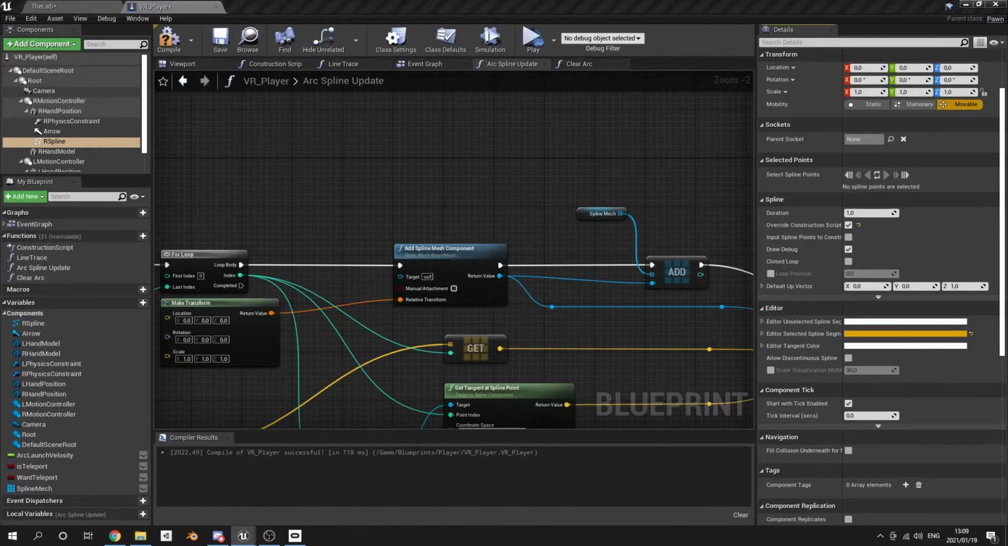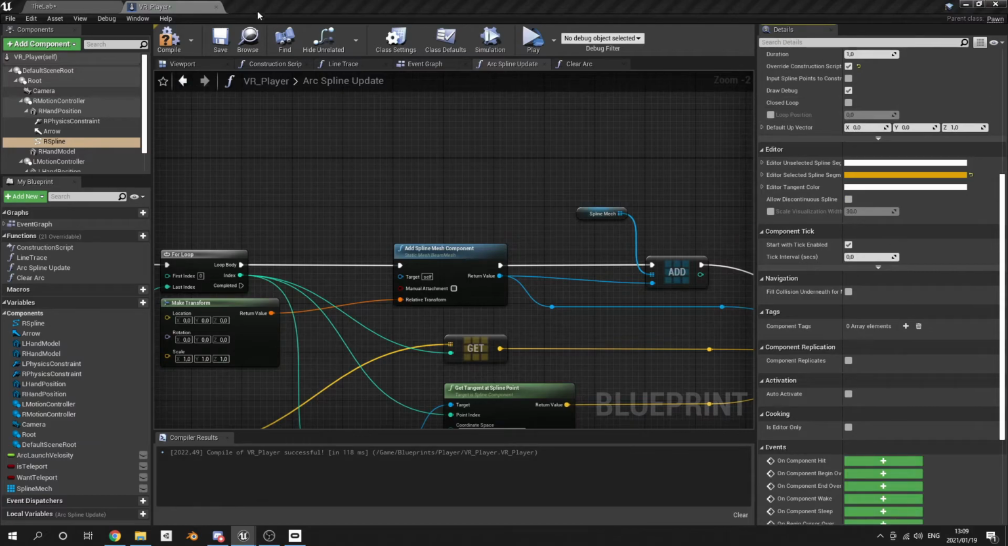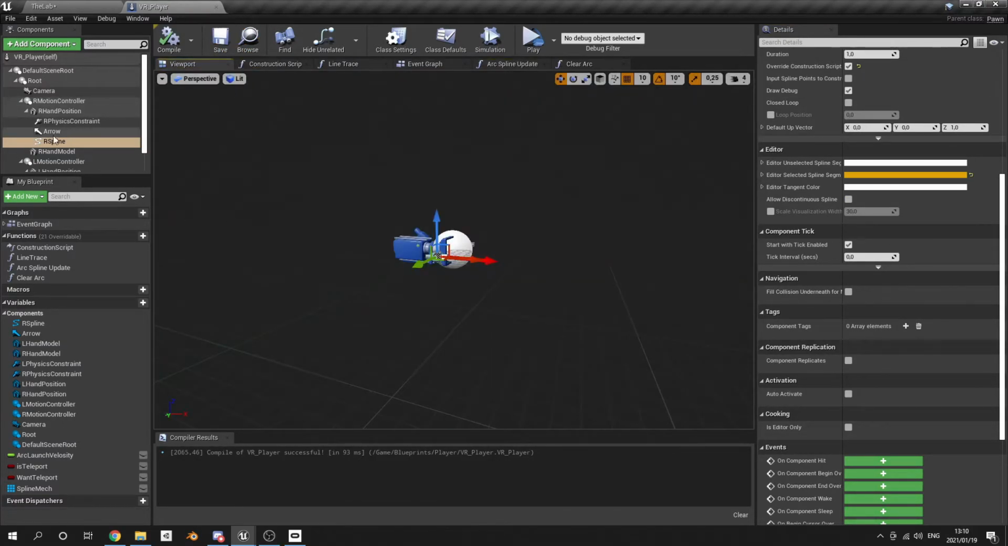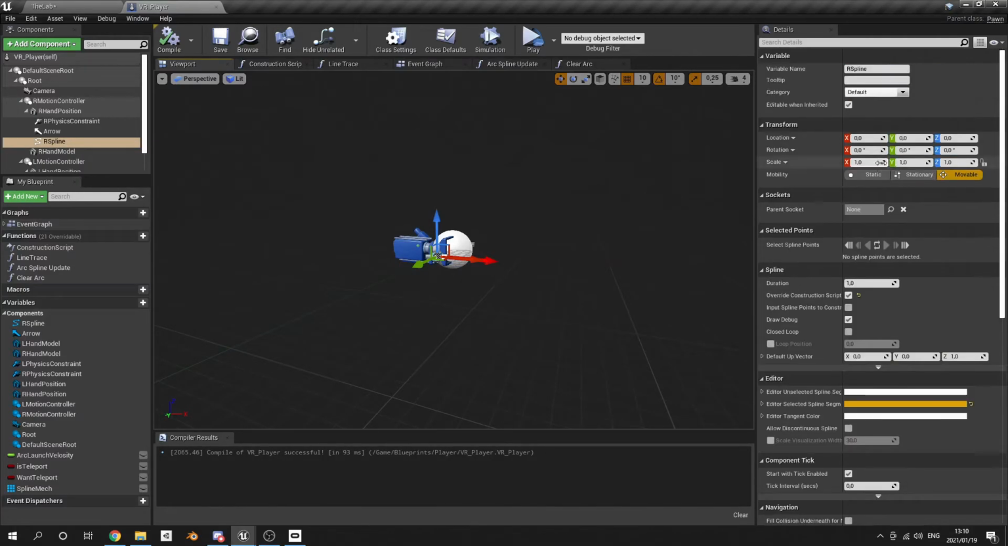And then also, oh no, that's it. Great. Going back to the viewport, just have to make sure the spline is zeroed out. Perfect. And if I press play,